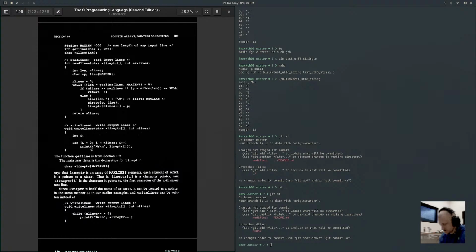That is, lineptr[i] is a character pointer, and *lineptr[i] is the character it points to, the first character of the ith saved text line. Since lineptr is itself the name of an array, it can be treated as a pointer in the same manner as our earlier example, and writelines can be written instead as